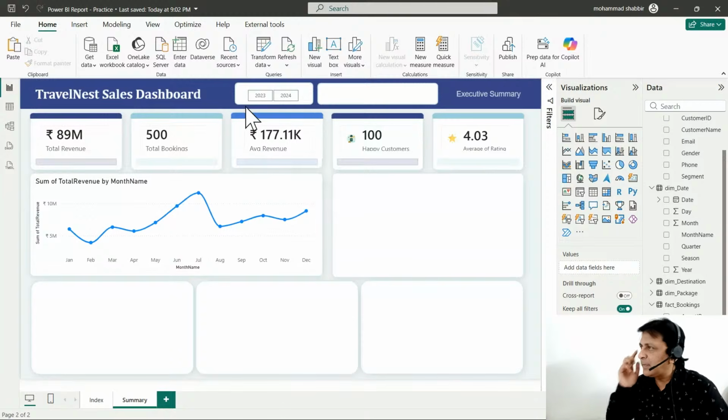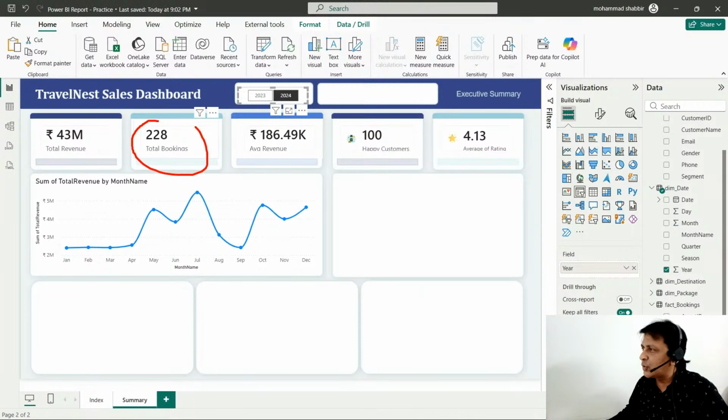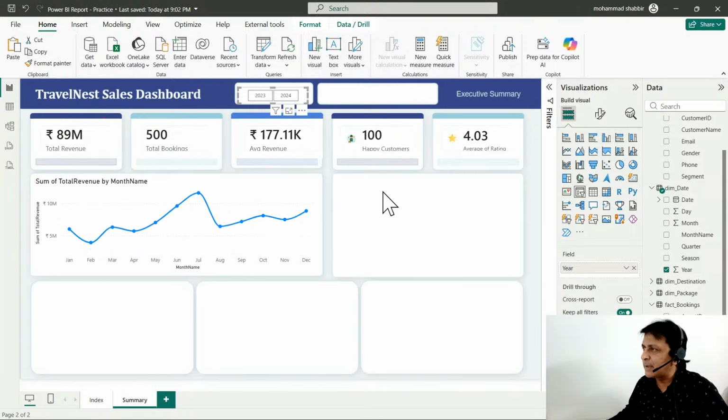So what did we do here: you select 23. So you will see the data for 23, and look at this, for 2023 there were 272 bookings. 24 you select, there's 228 bookings, there is a revenue this much. 24 was very slow in the beginning and then we started moving up. So you can create a slicer here this way, and then this slicer will give you a quick